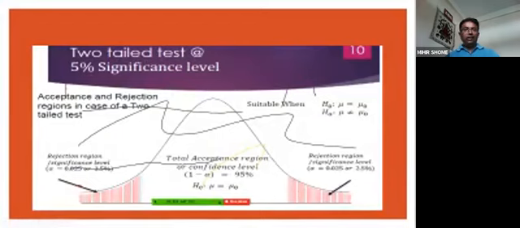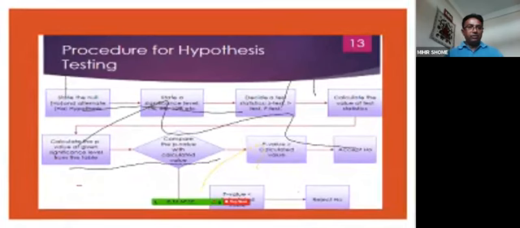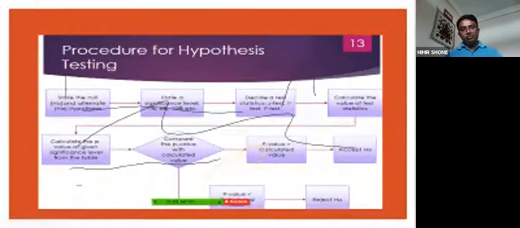Now, the procedure for hypothesis testing. State the null hypothesis H0 and the alternative hypothesis HA. First, state a significance level, whether it is the 1% level, 5% level, or 10% level, etc. Then decide on a test statistic. What test should be used? It might be a Z test, a T test, or an F test, whatever. Based on that, we will see how to test